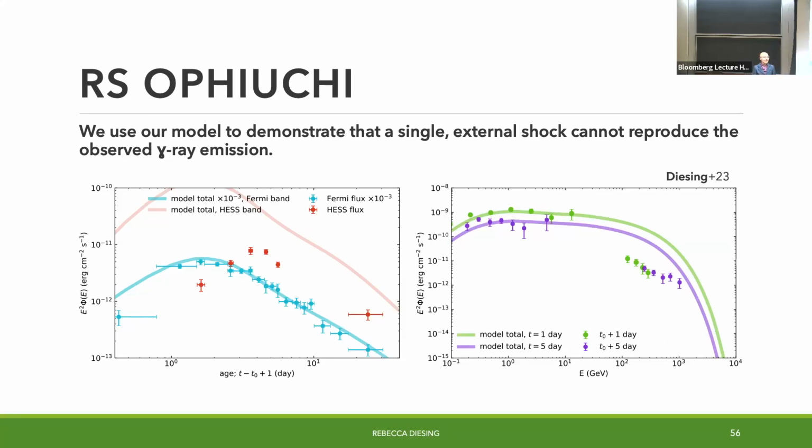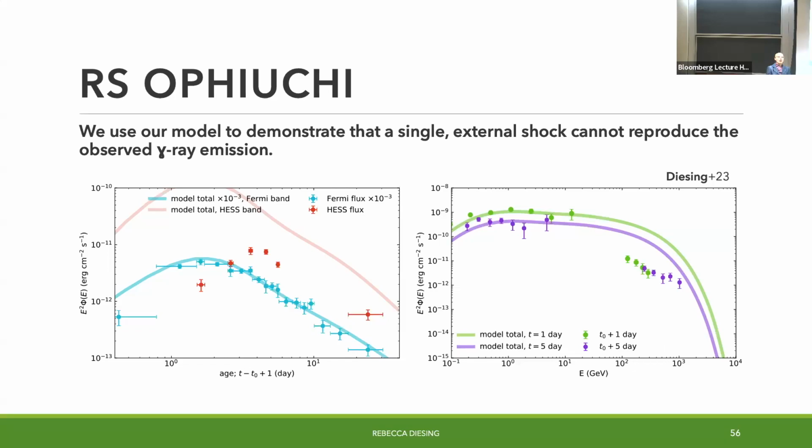I even played the game where I said, what if this is actually a multi-zone model, with different zones contributing differently? This takes all of that into account, and it's not enough. It doesn't change the shape. The way the discovery papers fit this is they put some sort of artificial slow rollover into the cutoff, which is invisible. And so this implies that you actually have the presence of multiple outflows.